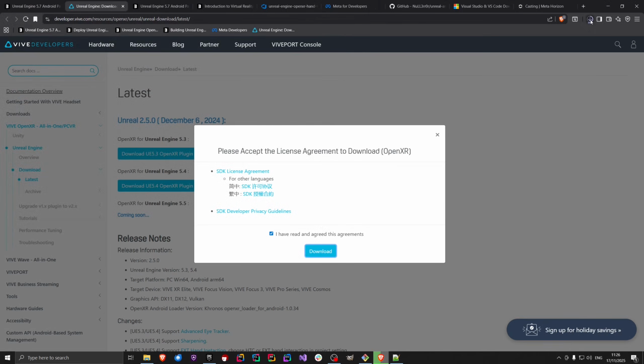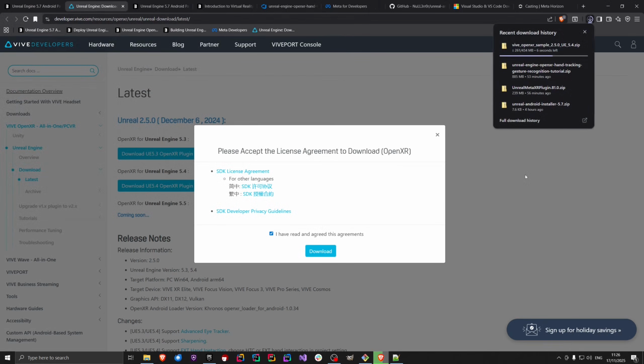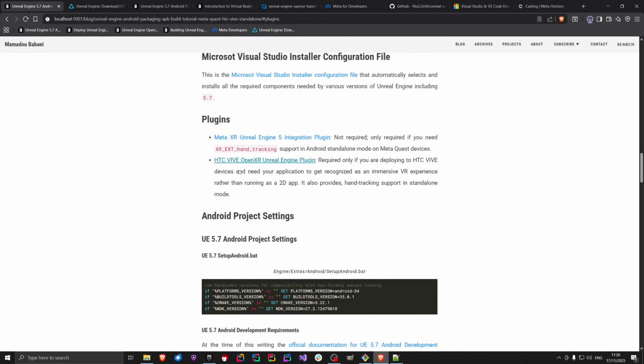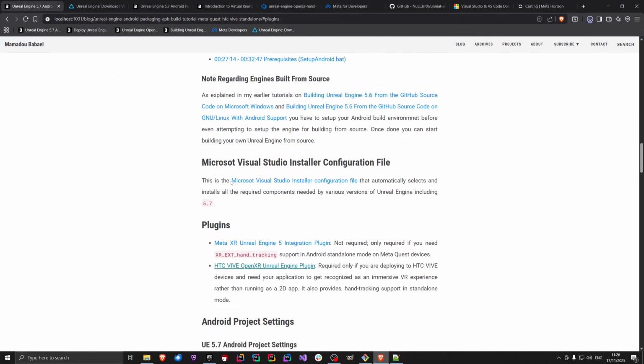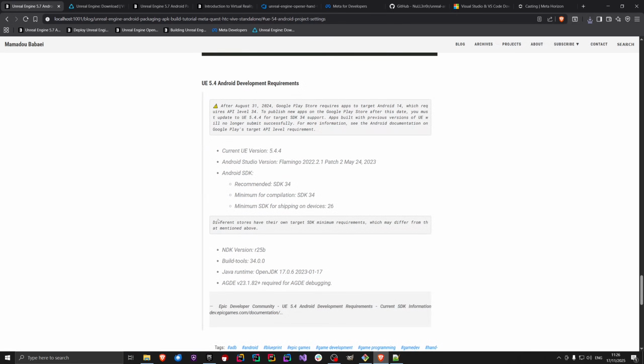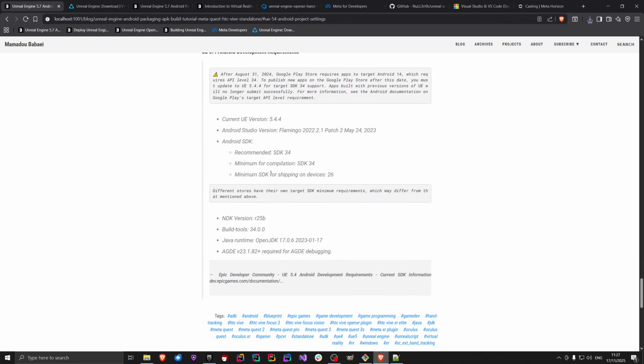And once that is done, we can open it inside Unreal Engine. But before that, if you remember, let's go back to the table of contents here. Unreal Engine 5.4 has different requirements for Android. For example, the minimum SDK they require is 26 for shipping, and for compilation, SDK version 35,